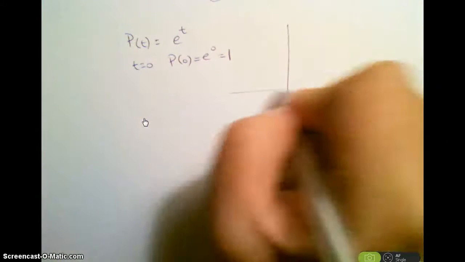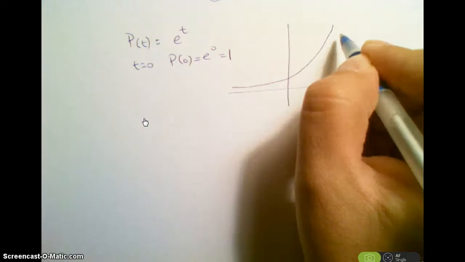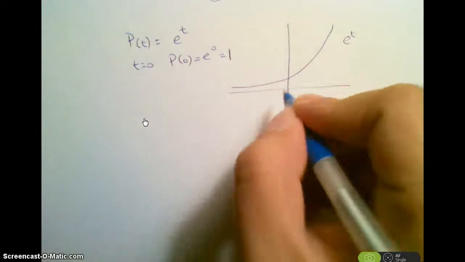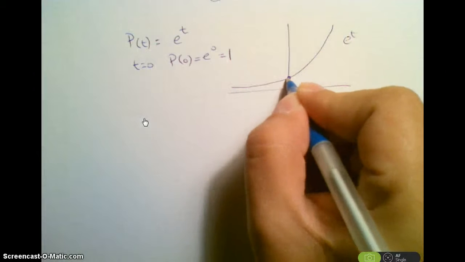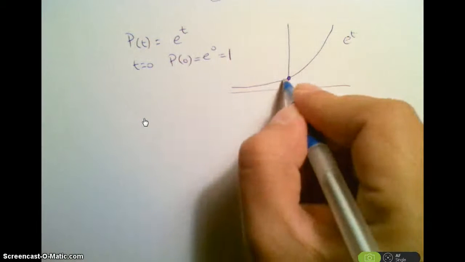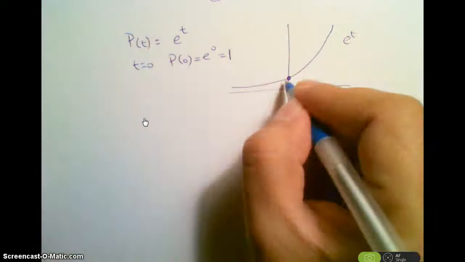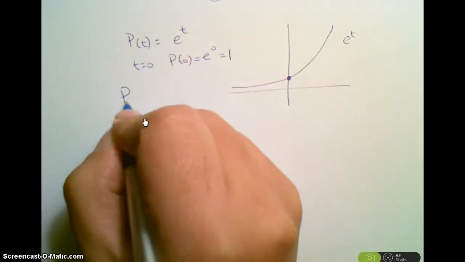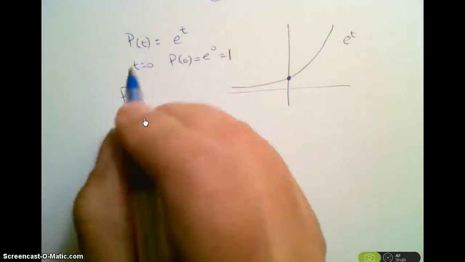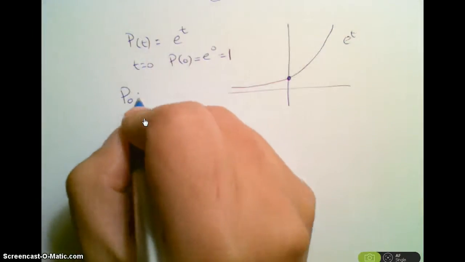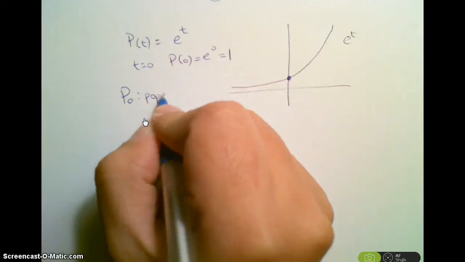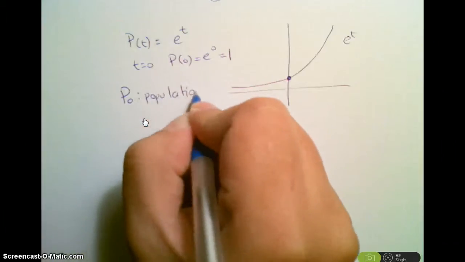So definitely we can't start with the parent function. We're gonna need some population at the beginning different from 1. So this population at the beginning, we're gonna denote it by P sub 0. So P sub 0 is population at time